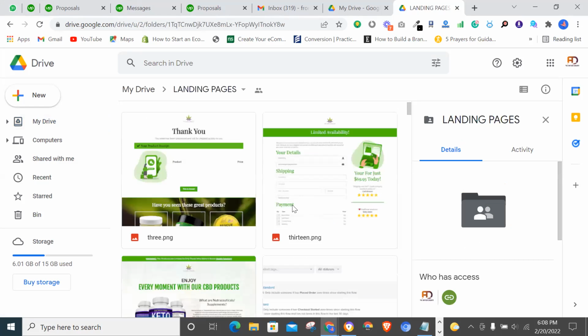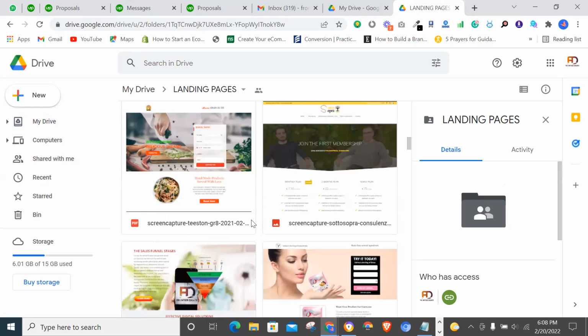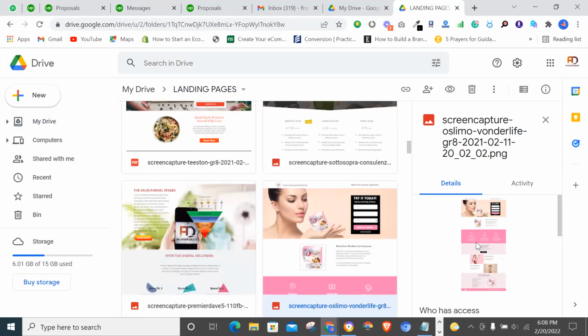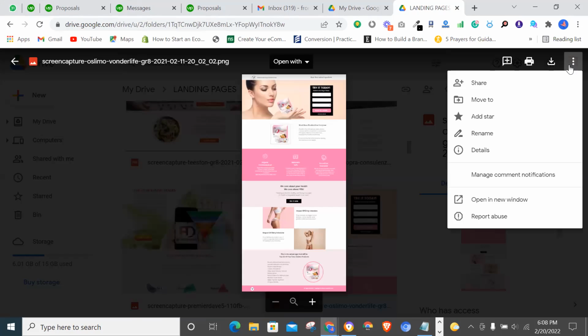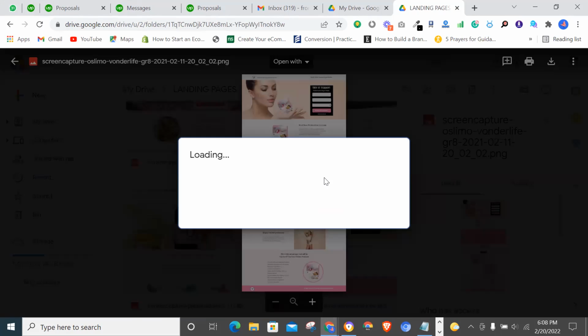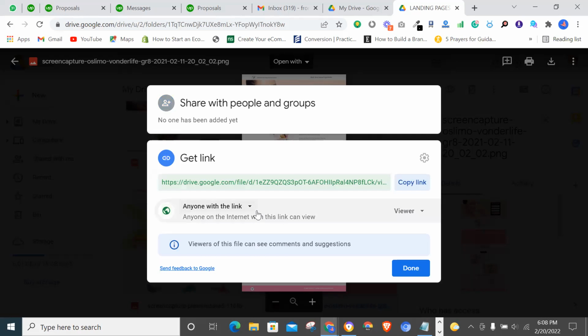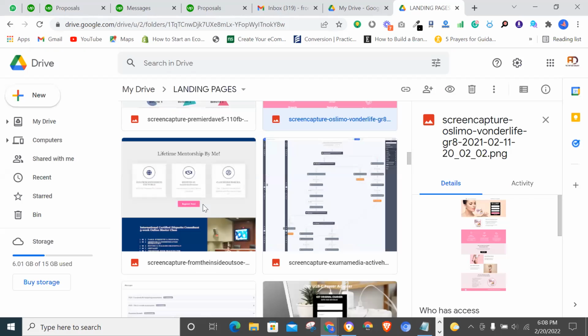For example, this is a funnel that I built for CBD. I see some of the landing pages that I've worked on. Some people will remember that I posted this landing page. So this is the landing page, and you can decide to share it. It might be the only one you want to share. You just click on copy link, and put it as anyone can view it. That's all. These are just samples of some of the work